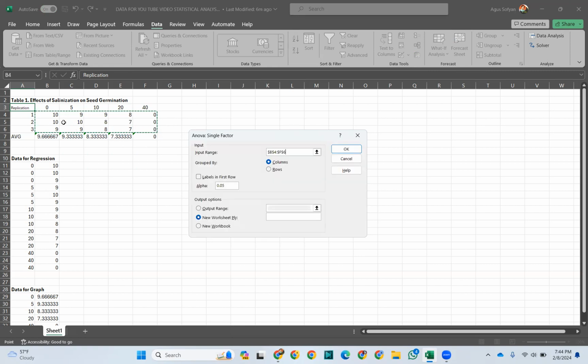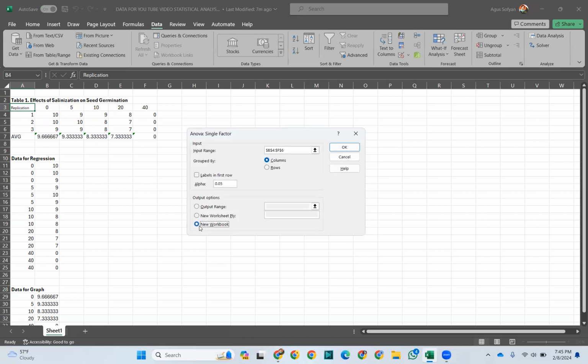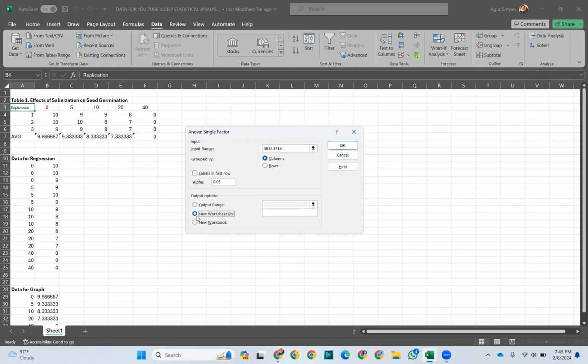Okay, so this is our data, which is 3 replications with 5 different treatments. And then make sure you click Columns because we're going to calculate this based on the columns. So every column is actually a different treatment. And then you already have this alpha, 0.05. And then you can put these results in a new workbook or maybe a new worksheet, okay, or maybe